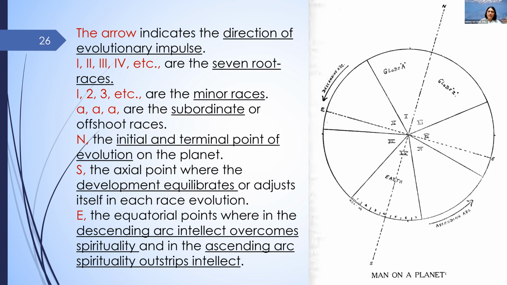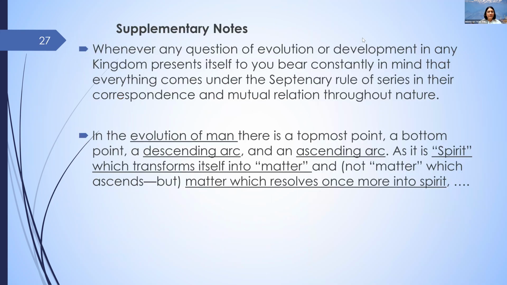So just like it is applied to one globe, it is applied to one round, and the same diagram can be applied to 7 root races. Now, based on this, he has given the supplementary notes. So it is very important to understand how the same diagram is being applied to all the 7 stages. Now let us see what he has written in the supplementary notes. So here Mahatma Ji has mentioned: